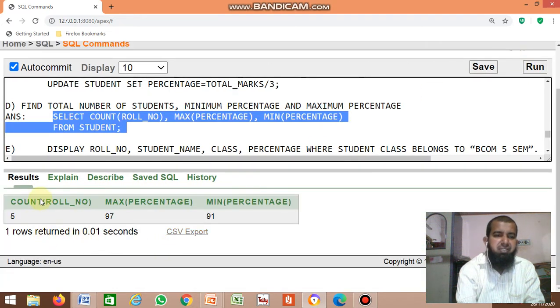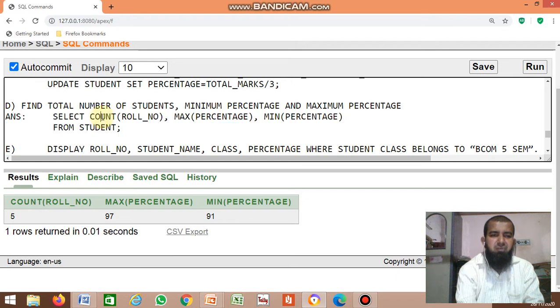So here the total number of students is 5, maximum percentage 97 and minimum percentage is 91. Clear, no? By using the count function you can find the total number of students. By using the max function find the maximum percentage. By using the min function you can find the minimum percentage.